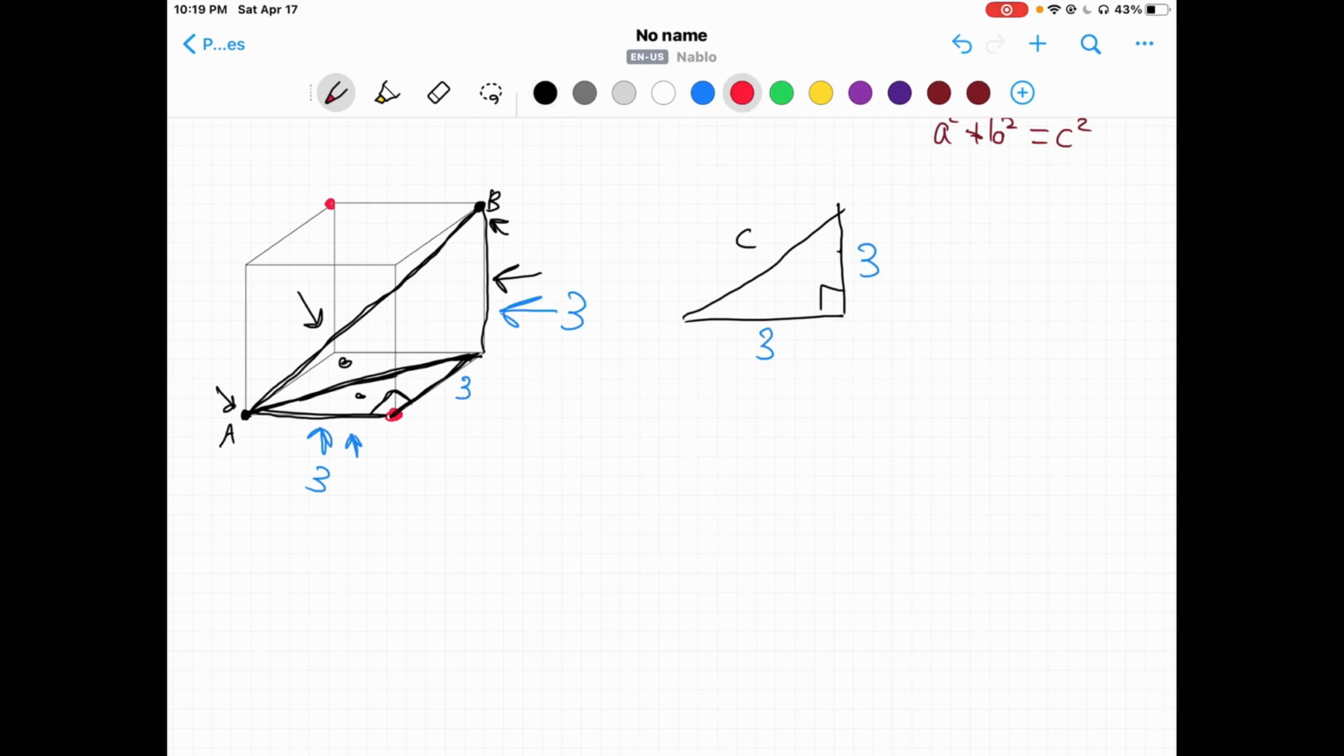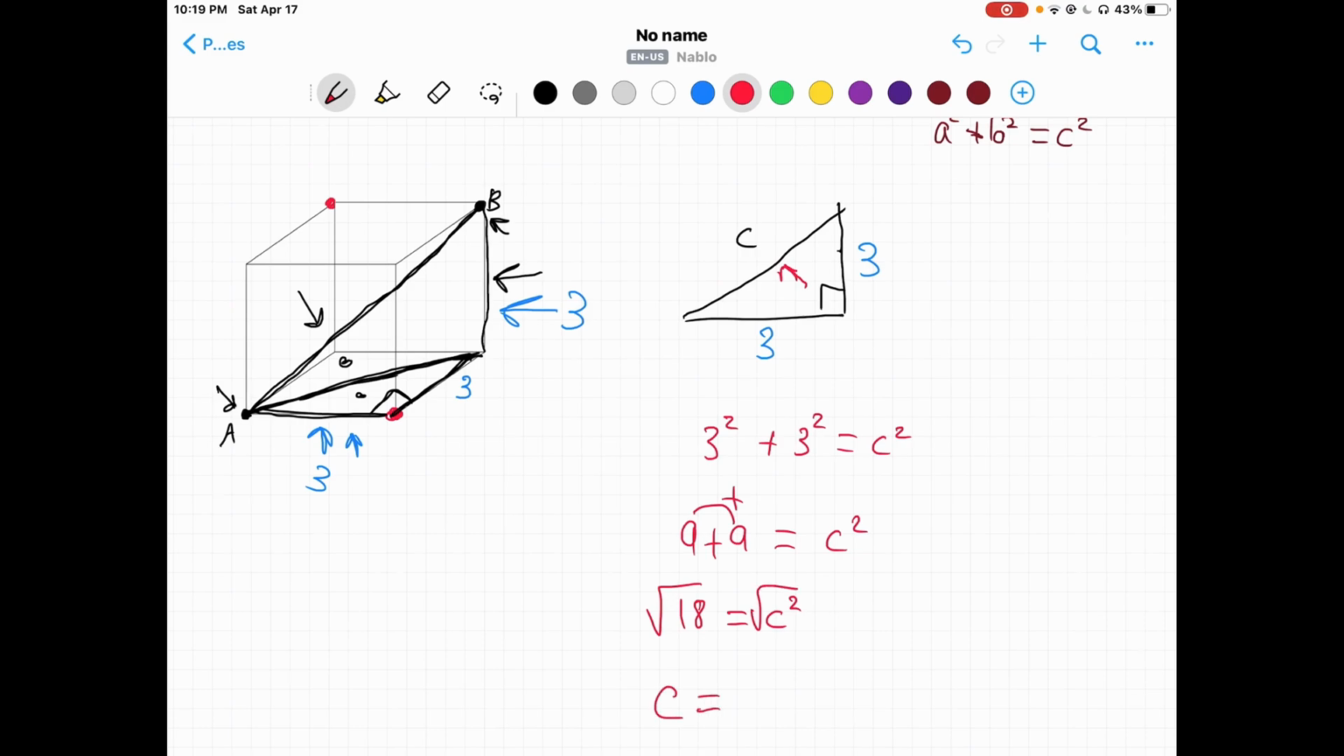C is the hypotenuse since it is the side opposite the right angle. So we would have 3 squared, which is A, plus 3 squared, which is B, equals C squared. Let's simplify this and we get 9 plus 9 is equal to C squared. We add 9 plus 9, and we get that 18 is equal to C squared. Now, let's take the positive root of both sides, and we end up with C being equal to the